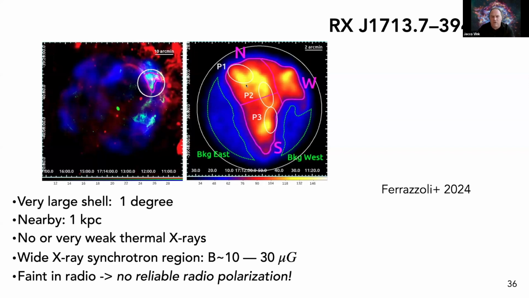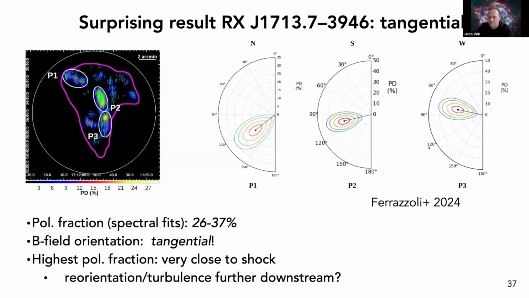Stokes I measurement, and these are the extraction regions that we used. In this case, depending on your favorite point of view, the magnetic field is more likely 10 to 30 microgauss. It's faint in the radio. And here you see the polarization measurements themselves.